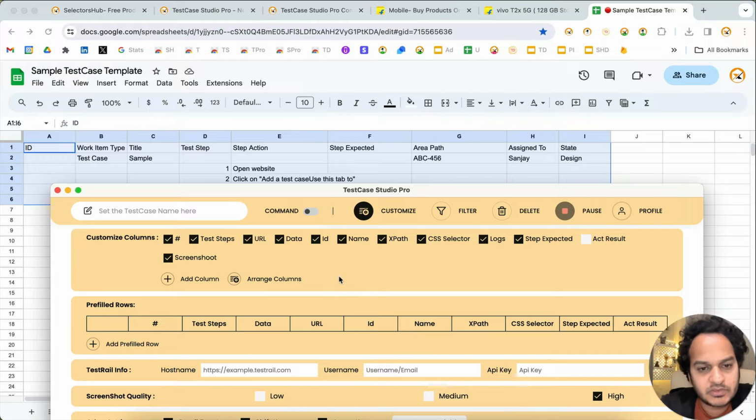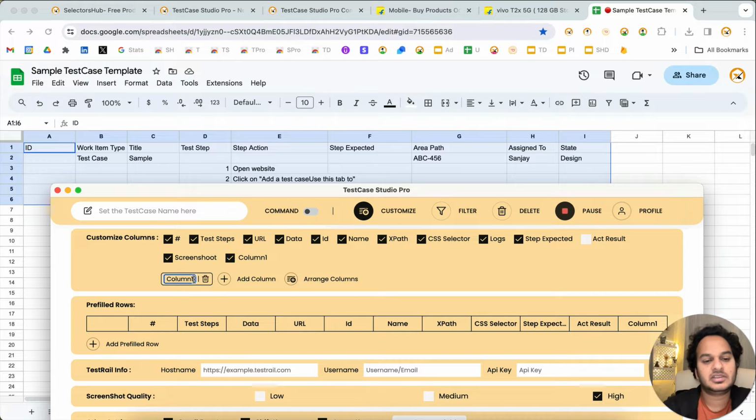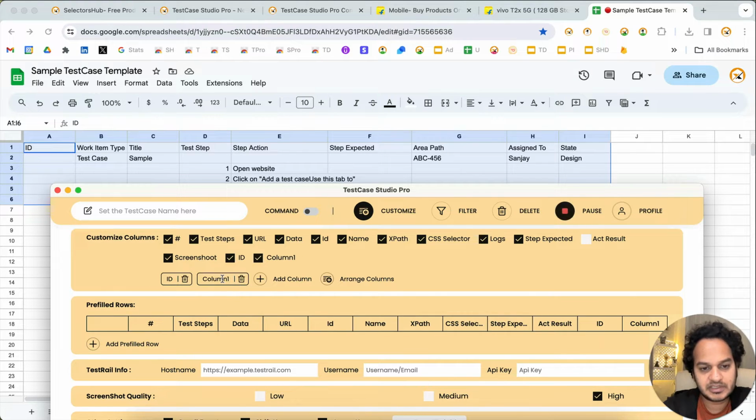Okay, so here you see that first we have the ID column, then work item type. This ID is the ID selector. So we need this ID column. What we will do is simply click on add column and rename it to ID. So we got the ID column. Work item type, we don't have it here in TestCase Studio Pro, so we'll add this work item type. Then we need the title,